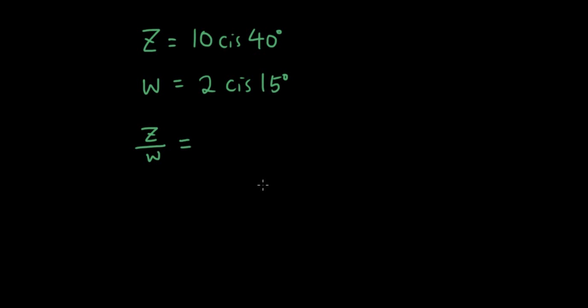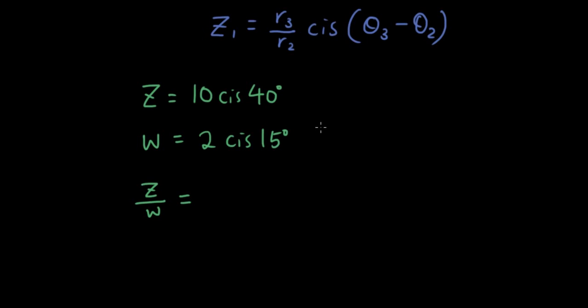Okay, so in case you forgot what the formula was, I'll copy it down again. Okay, so have a go at it and come back when you're done. Okay, so the answer is simply 10 divided by 2, which is 5, cis, and 40 minus 15, which is 25 degrees. Okay, thanks for watching the tutorial on